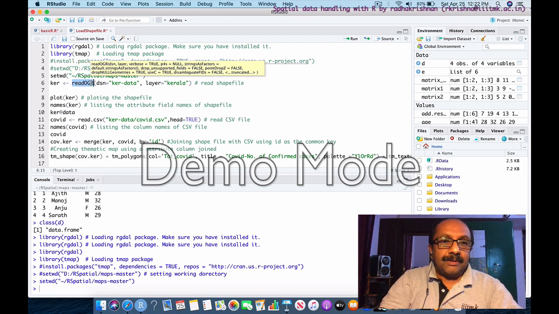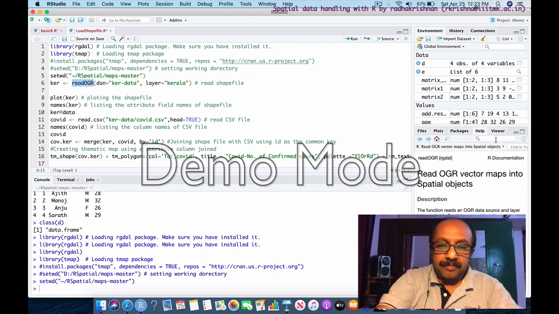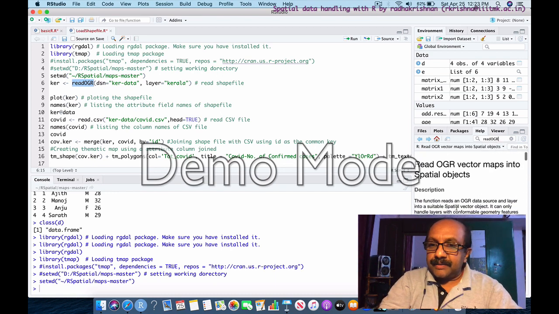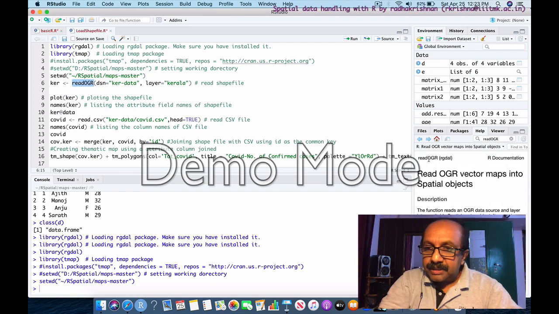If you have any doubt on how to use this, what parameters I should give, you can come to help here and type read OGR. That will automatically give, and it says that read OGR is a function that is available within the rgdal package. So that also you can see.